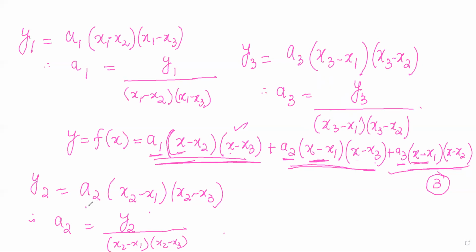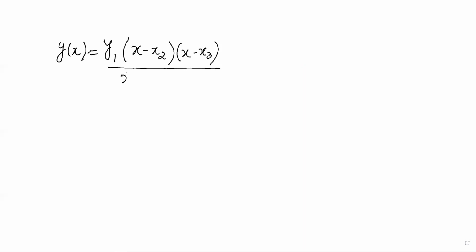Therefore, let's substitute these values of a1, a2 and a3 in our given function. As we do it, let me rewrite it entirely here. My y of x is equal to, first of all I have to write a1, which is y1 divided by x1 minus x2. So that will become equal to y1 multiplied by x minus x2 into x minus x3 divided by x1 minus x2 multiplied by x1 minus x3